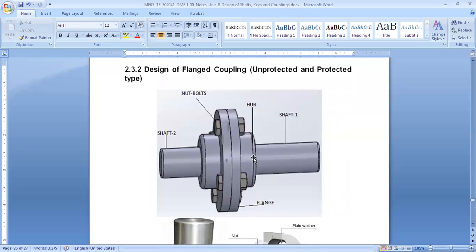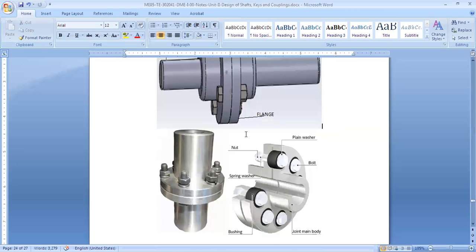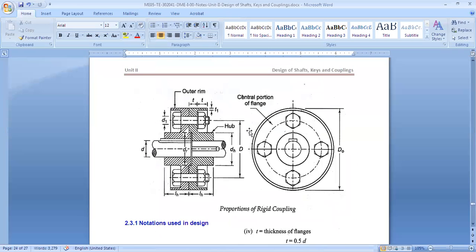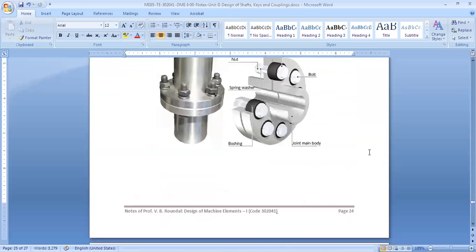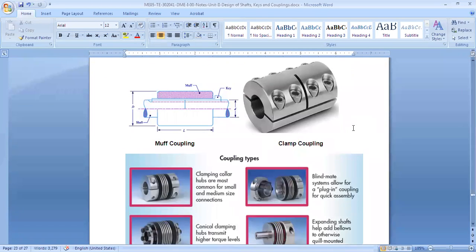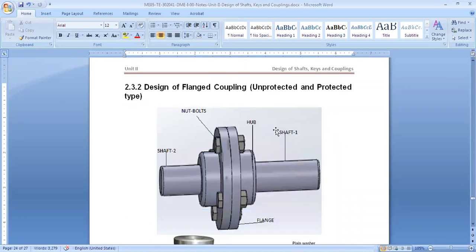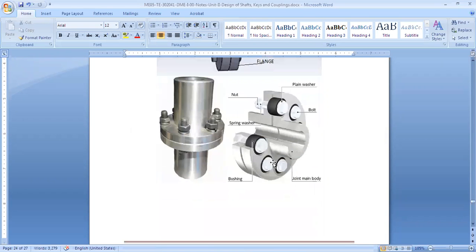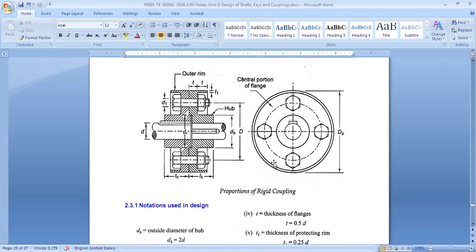Okay. So I hope now you understand what a flange coupling is. A flange coupling is a coupling in which we use flanges and a hub to transfer power from one shaft to another shaft with the help of nut and bolts. So I think it's pretty clear now what a coupling is, and now we will go through the actual design of a flange coupling. Okay, anybody has any doubt? We have gone through what a coupling is, what the different types of couplings are, then different flange couplings, and what the parts of a flange coupling are. Basically we will now do the design of a rigid coupling.